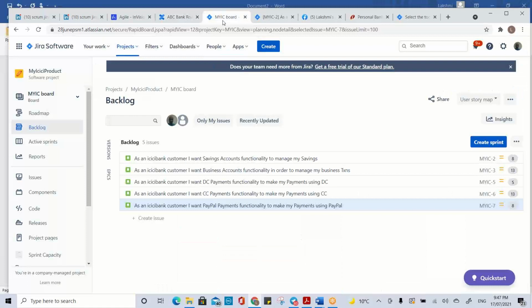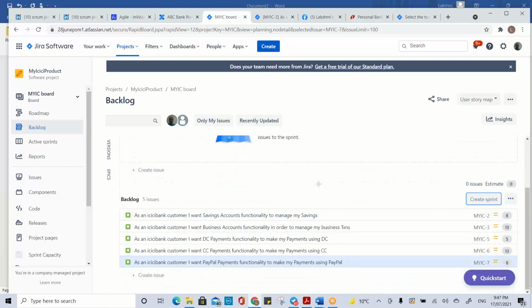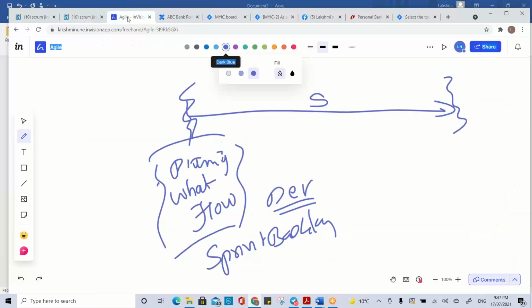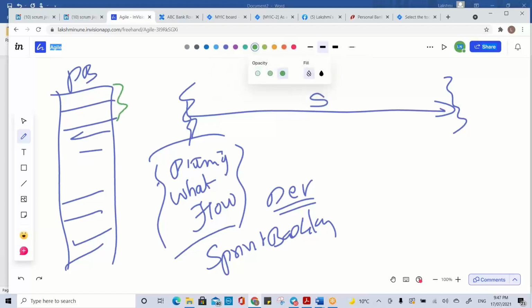The first part is what are the stories that needs to be completed by the team. So the product owner or the scrum masters, they can create the sprint. Now you see, from the product backlog you have a sprint backlog. What is the view? So this is the product backlog, which is the inventory of all the items. And out of all items, as a product owner, I have taken the most valuable chunk of work, and then I am asking the team to take up into the sprint backlog